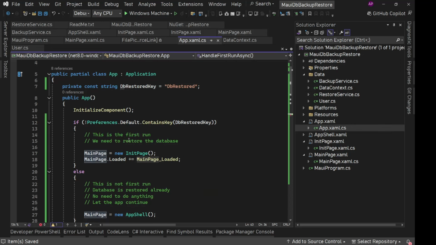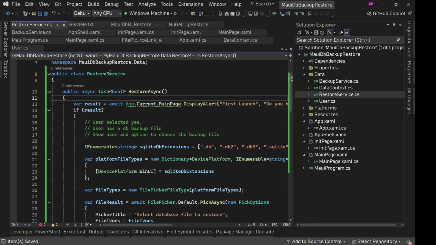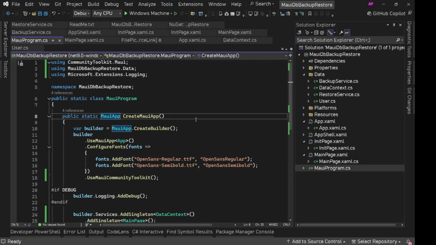We'll come here. Now we can add this restore service to our dependency container. Now we should not add it as singleton because this class is going to be used only once. That too when this is the first run, first launch. So there is no point of having it instantiated or added to the dependency container as singleton because we are not going to use it as singleton. Second thing is, if we inject it, maybe we register it as transient and we inject it in our